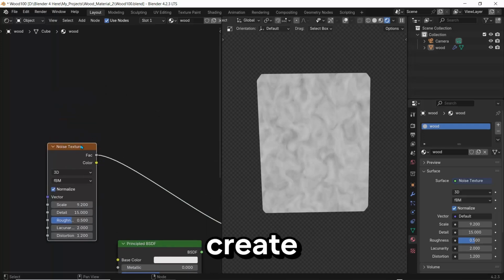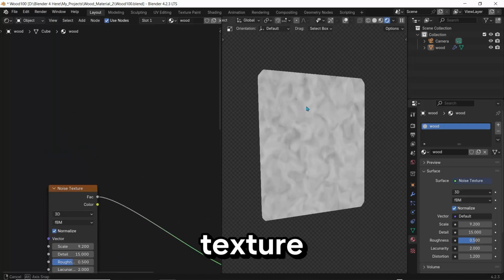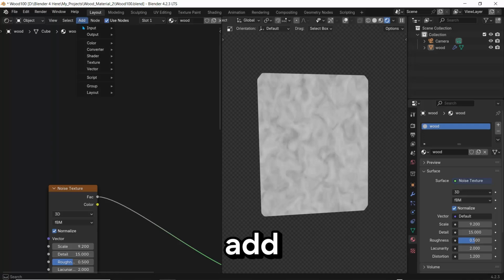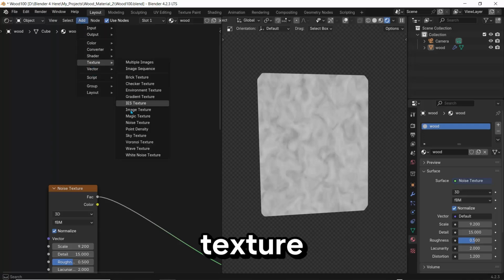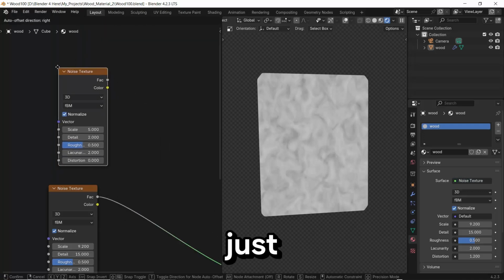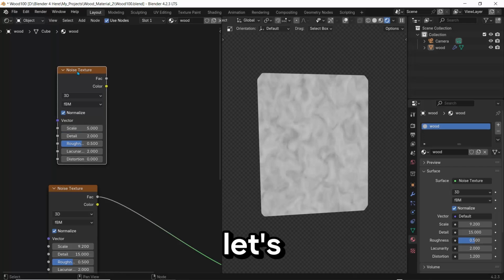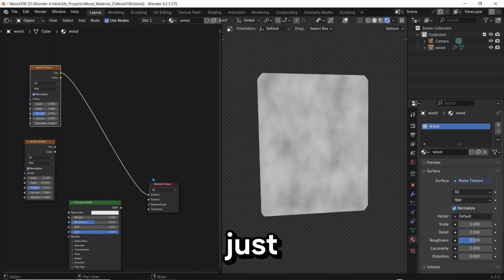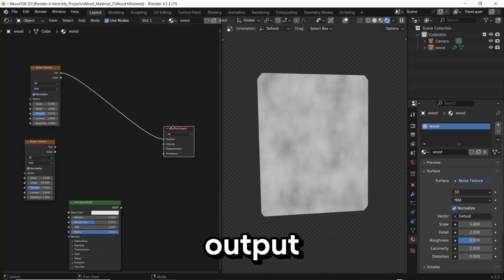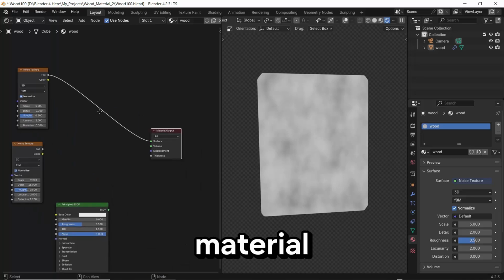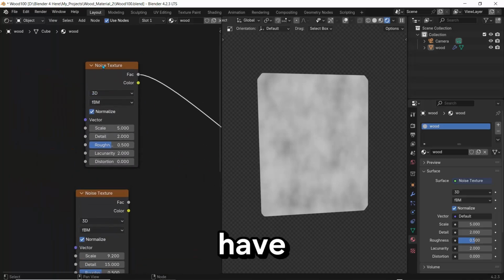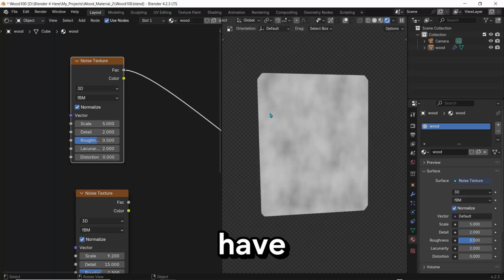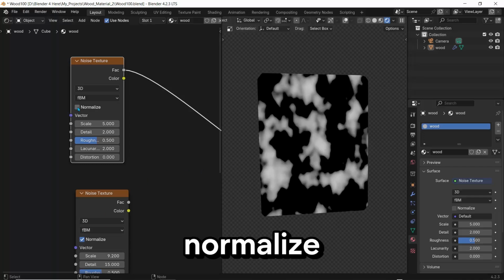So what we'll do is create another texture that we're going to mix with this. Let's add another noise texture. So let's go to Add, Texture, Noise Texture, and just drop this. Let's Control Shift click so that we're on this texture right now. You can see it's getting to our material output and connecting to our material output. So now that we have this, we wanted to have some of that, so we'll turn off the normalize so